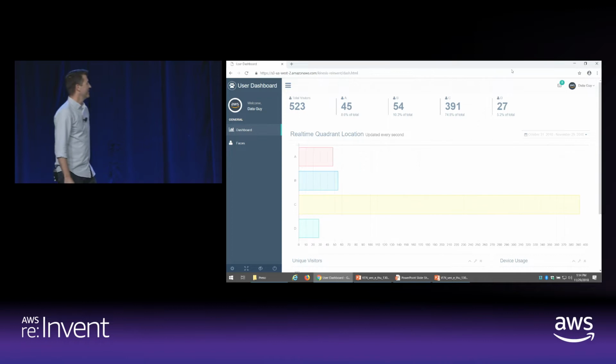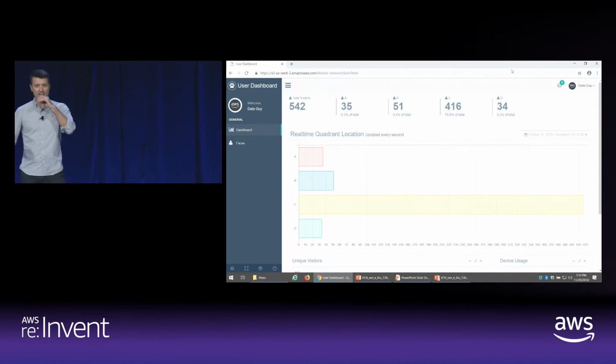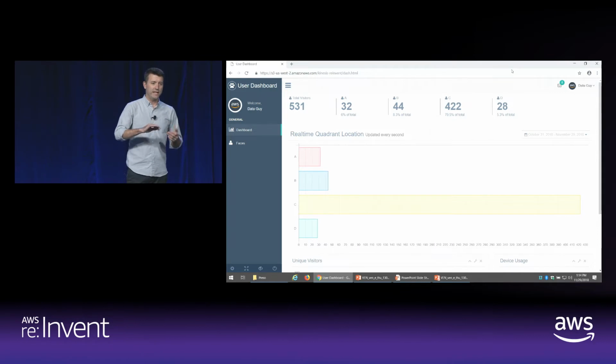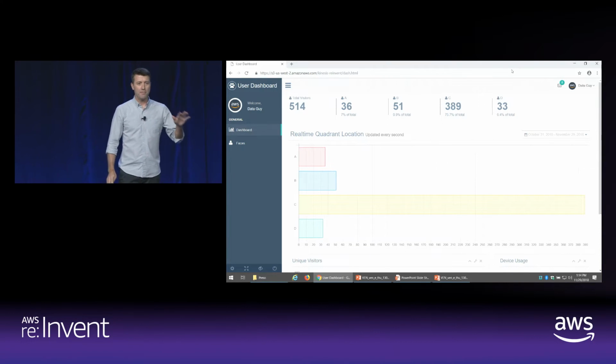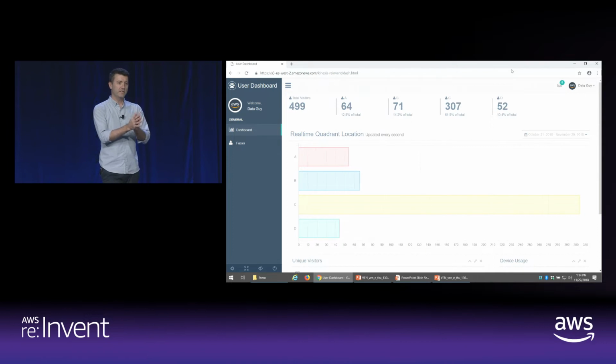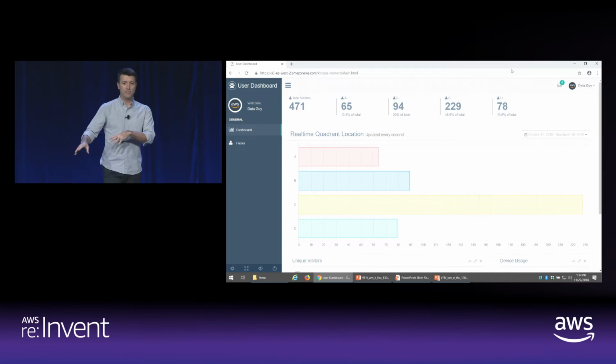OK. So pretty cool. This example is just highlighting that this could be anything, right? This could be your business KPIs. This could be log data. This could be errors that are streaming from your application error logs. But you can take that data, use Kinesis to ingest it, use Kinesis Analytics, get very real insights out of it, and put this on a dashboard for your business users.